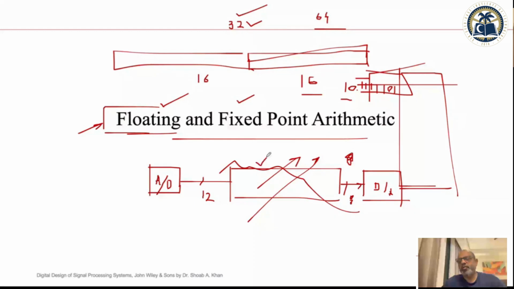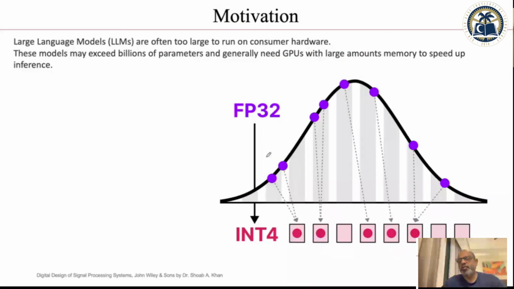Especially this is the case for large language models. The problem with large language models is that they have billions of parameters. If the billions of parameters are in, let's say, floating point 32-bit, that's how they design it. But dealing with 32-bit floating point numbers, and billions of them, is very challenging. So that's why you will find a lot of research in quantization: let's quantize this 32-bit number into 8-bit, and there are even papers which talk about 4-bit.